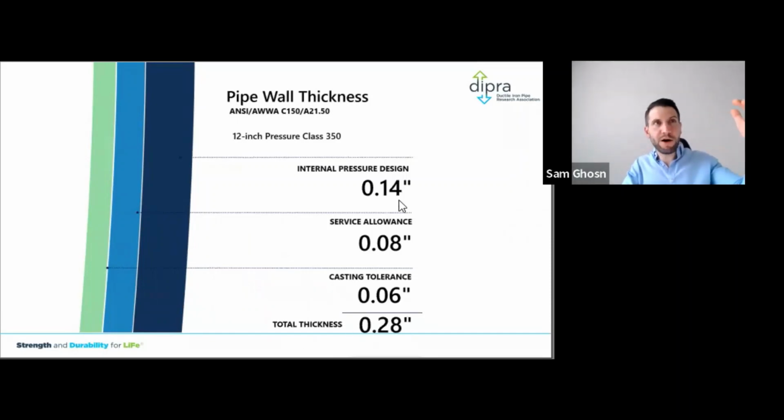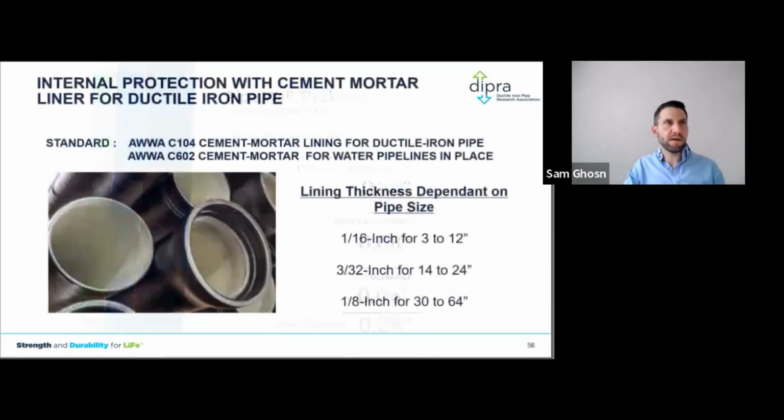It's actually double the required structural thickness of the pipe. So if this has a safety factor of 2 and a surge allowance, how about 0.28? Yes, the material is thicker, but the material is much stronger and it has an extremely high inherent safety factor if we're talking engineering here. So the goal is not to rely on wall thickness to handle corrosion and buy time. We design for applied loads and we handle corrosion separately. That's the main key here.